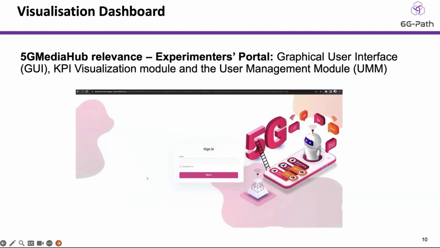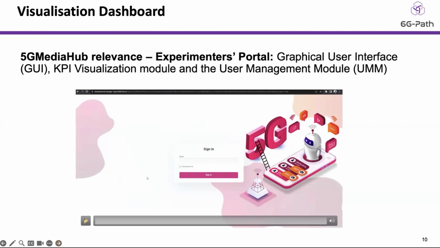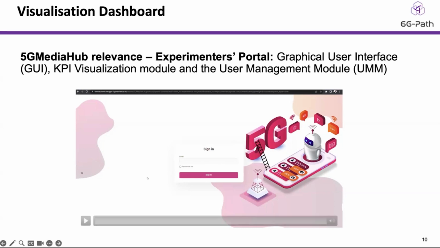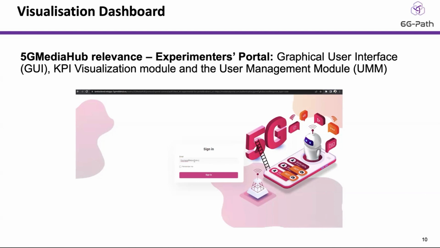Next slide, please. Moving to the 5G Media Hub project and its relevance to 6G PATH. The 5G Media Hub experimenters portal main front-end components are the graphical user interface, the KPI visualization module, and the user management module. The portal graphical user interface provides access to all the experimentation engines and tools of the 5G Media Hub platform in order for 5G Media Hub users to design their experiments through the proper selection of experiments, NetApps, and service